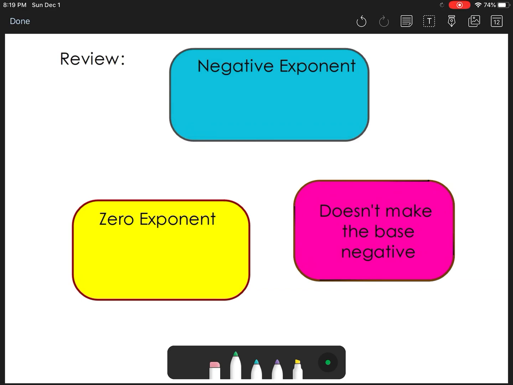Looking at our negative exponent rule, remember basically you just flip it, you move it to the other side of your fraction, and the 0 exponent rule, anything raised to the 0 power, is just going to equal